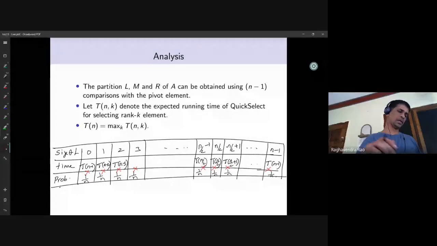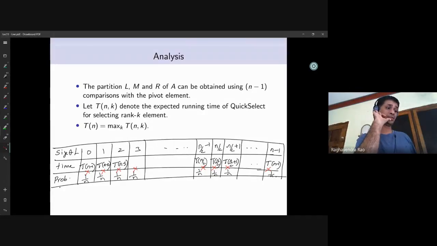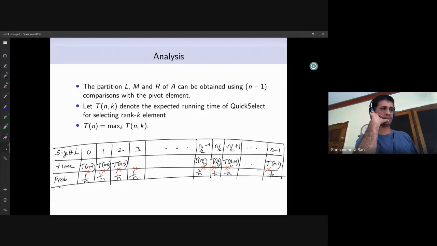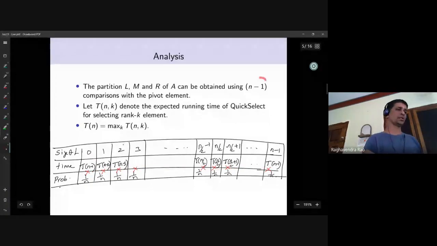Is it the time complexity for the successive recursive calls that we are writing, T of n minus 1, in a single quick select? No, these are the possibilities. Based on size of L, what is the running time for the recursive call? Each array has a probability of occurring, right? That's why 1 by n. So the probability of that happening is 1 by n. To get the expectation, we have to multiply probability with the value and sum them up. And we have this n minus 1 additional anyway. That is deterministic. That has nothing to do with the randomness.